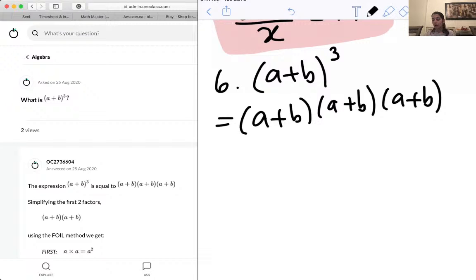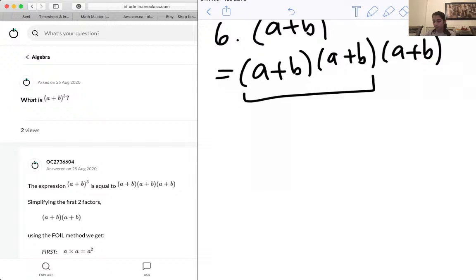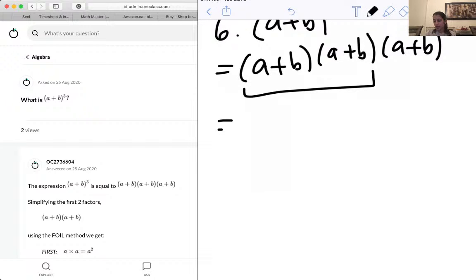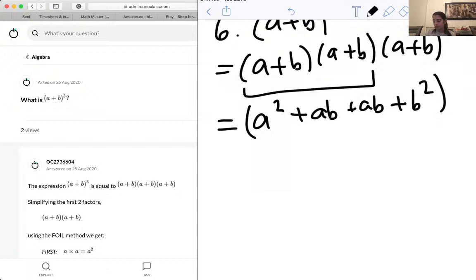So how we're going to do that, we're going to solve for the first two terms first, and then use that product to multiply it by the third term. So over here, a times a is a squared, a times b is ab. B times a is ab, well, it's ba, but it doesn't matter what order it's in because it's being multiplied, and b times b is b squared. So all of this is being multiplied